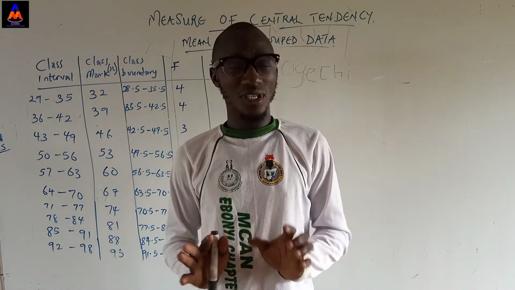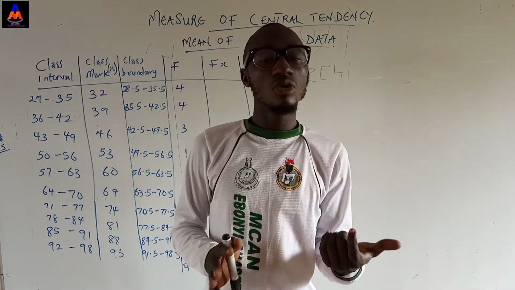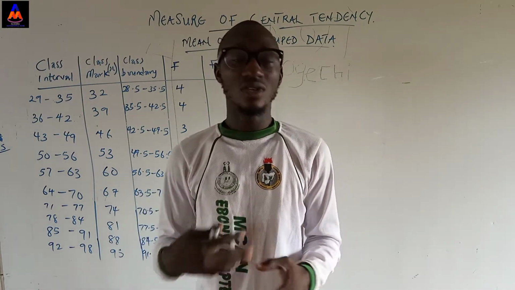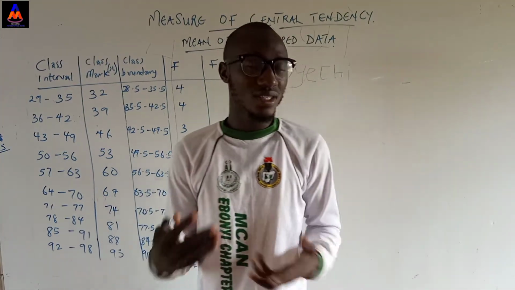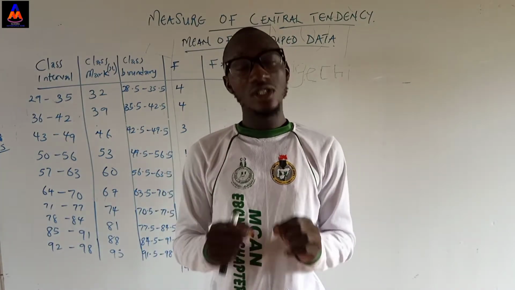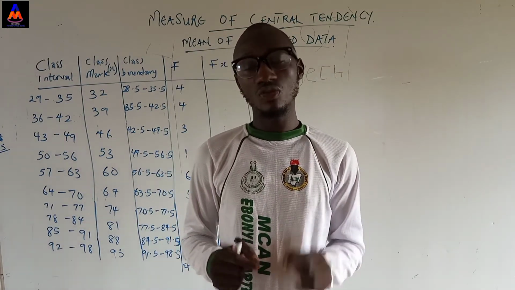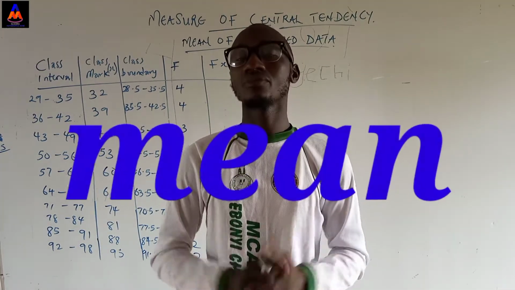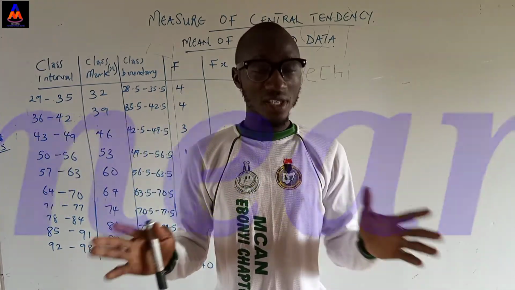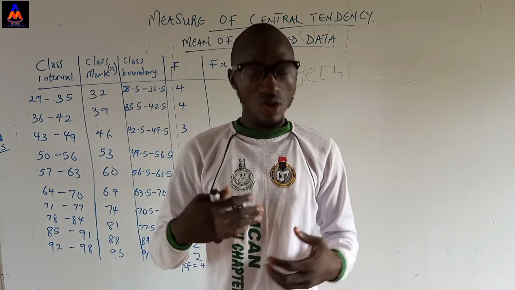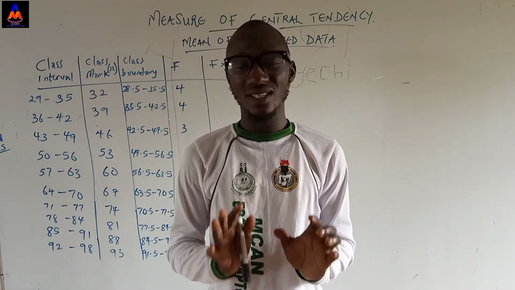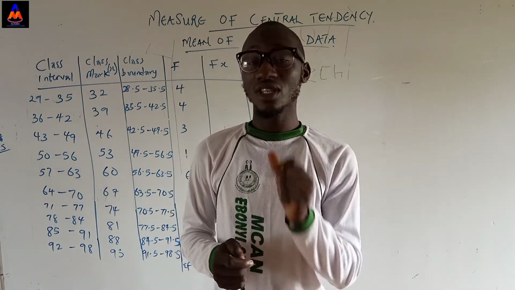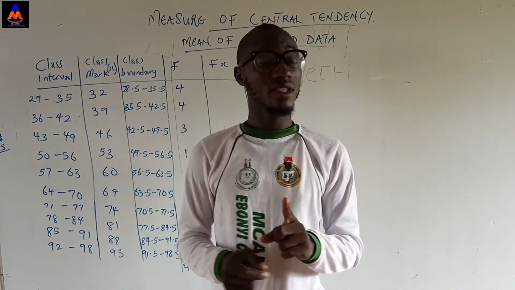We have dealt with this particular technique on ungrouped data, and that was quite easy. But moving on to group data now, it's a little bit involved. It's somewhat technical. So the first technique we are going to be dealing with to manipulate our group data is called mean. Because of the complexity, we are not going to be using a separate data entirely. We are going to be using the data that we have manipulated before in our earlier lecture.